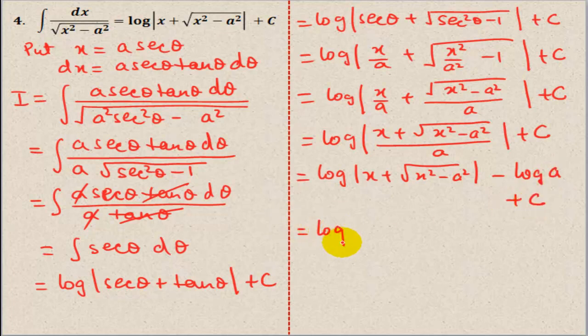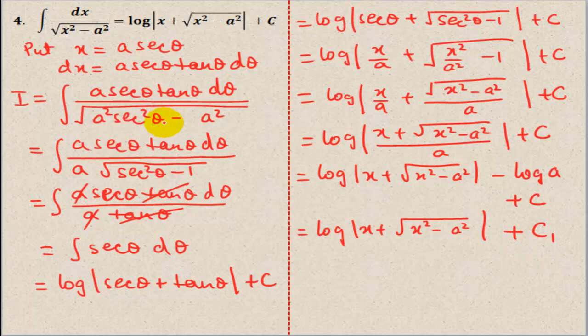If you look at the last two terms, log a is also a constant and c is also a constant. So whatever their values may be, on subtracting or adding them as given in the expression, a new constant will be obtained. Let us denote it by c1. So you can see the integral of dx over square root of x square minus a square is reduced to this form: log modulus of x plus square root of x square minus a square plus c1. Either you write c or c1, they both denote the constant of integration.